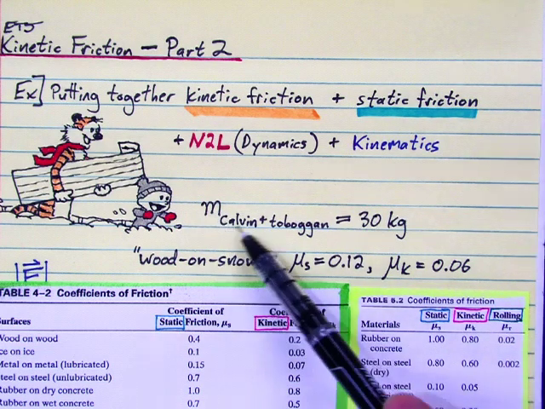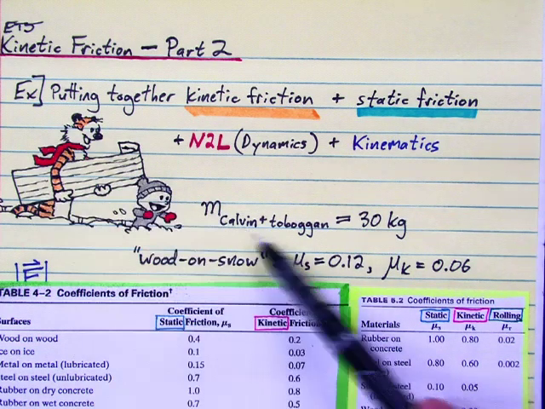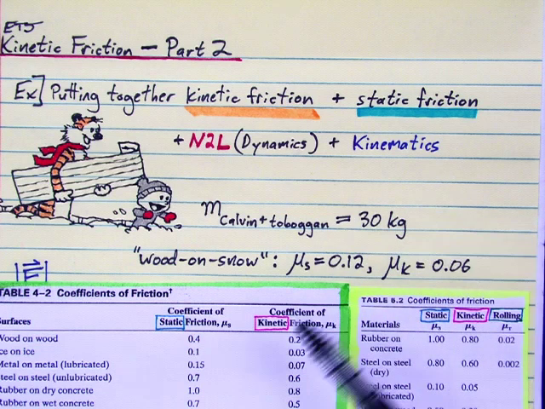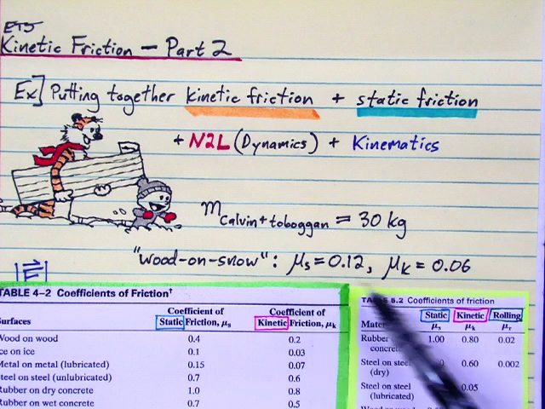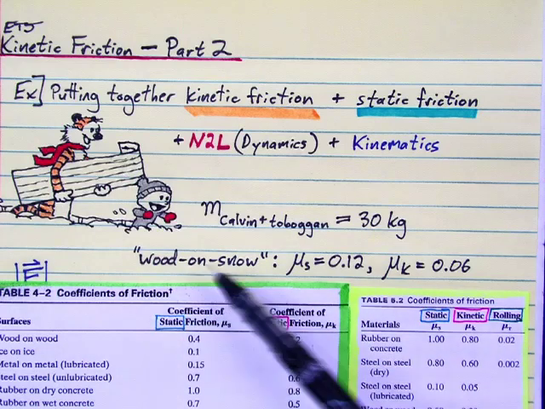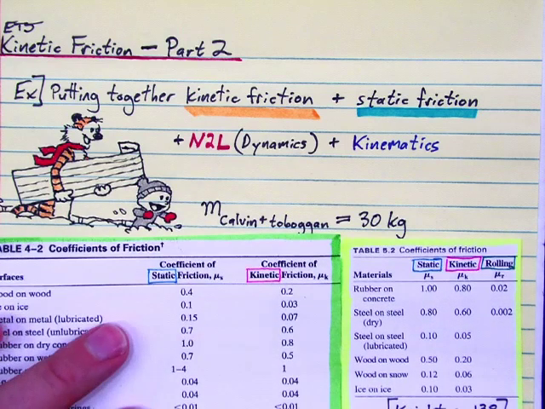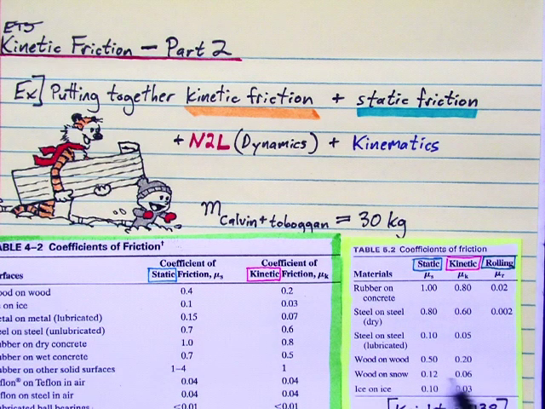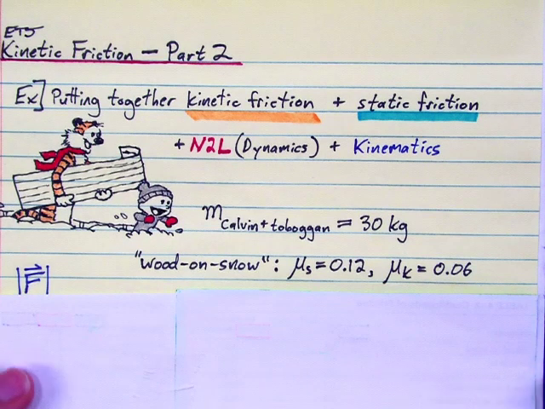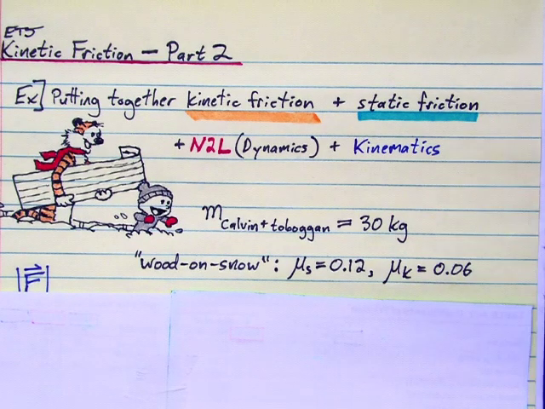The mass of Calvin and his toboggan together is 30 kilograms, and we can look up the coefficients of static friction and kinetic friction for wood on snow, so wood toboggan here, in standard tables. So there we see wood on snow, and we've got our values. What I would first like you to compute are